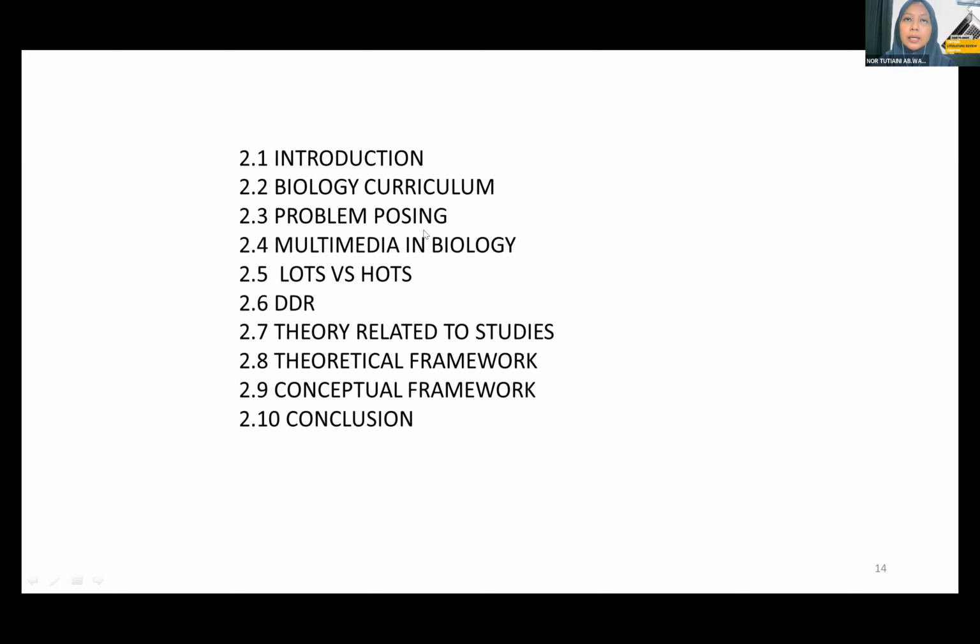Under problem posing, it won't be just 2.3. There will be 2.3.1, 2.3.2, how we want to develop the sub-themes for these particular themes. Okay, so what I did is,